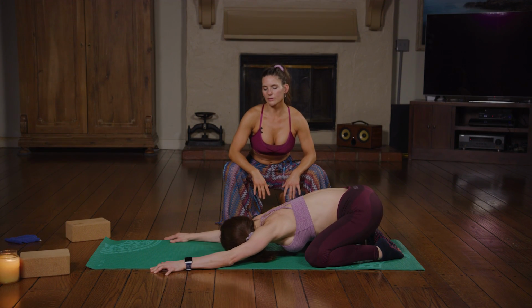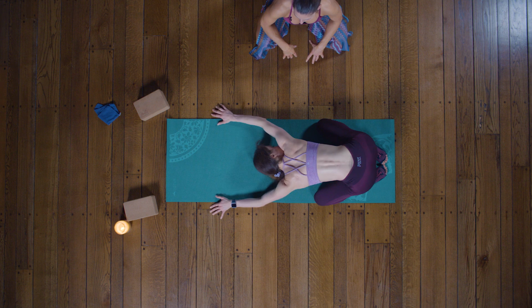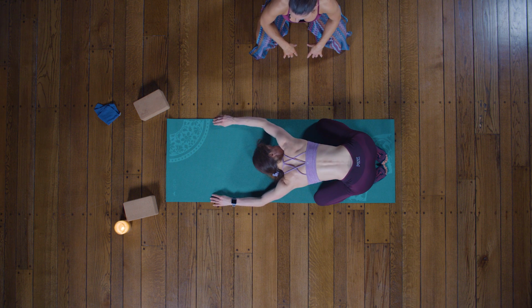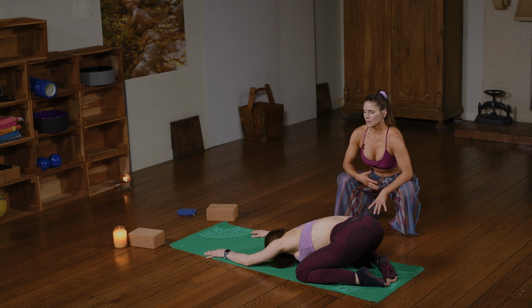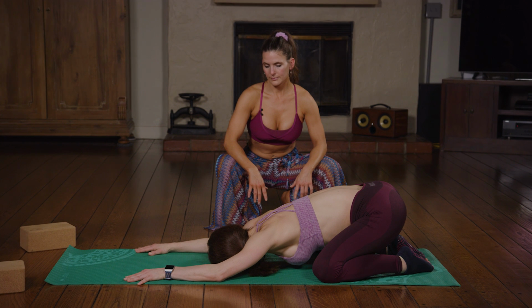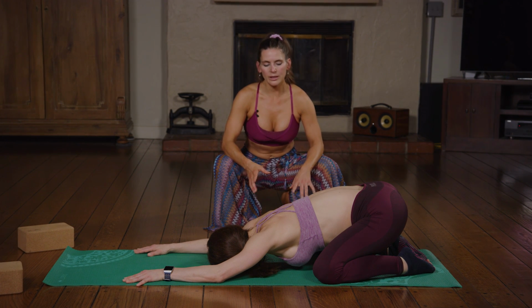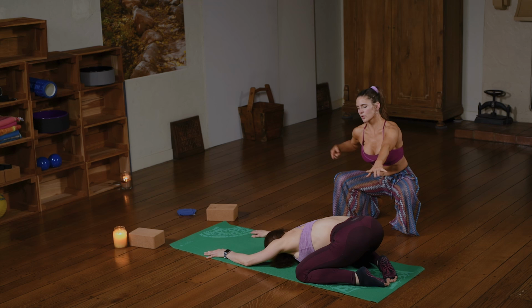Let it feel so good. Relax it down. Let it go. What feels good for you? Arms are wherever you want them to be. Head is wherever you want it to be. We're just letting the nervous system come into an opportunity of chillness. And then while we're here, while the lower body's staying in your child's pose, just thread your right arm under